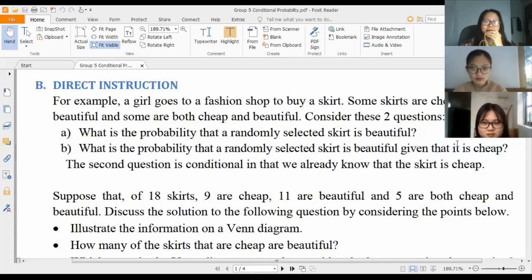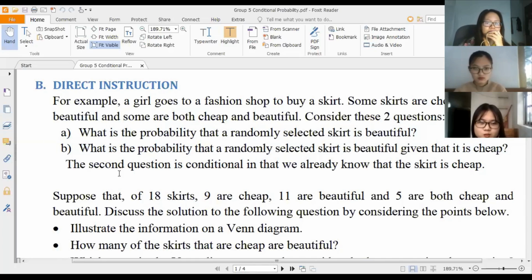It is obvious that the first question is related to our last lesson about classic probability. Do you understand it? You got it? Okay, that's good. And the difference in question two is that it has a condition that the skirt is cheap,